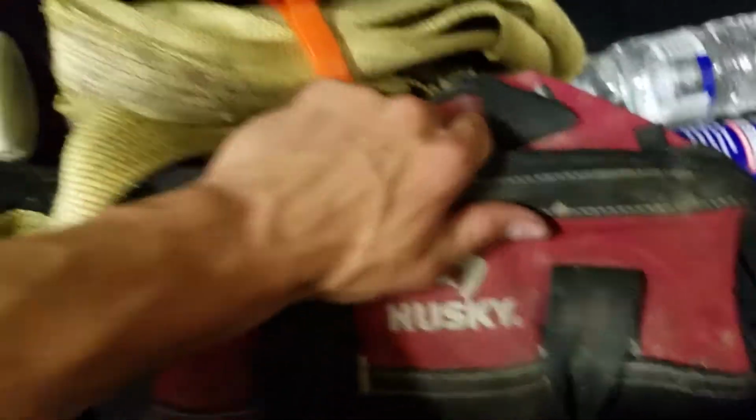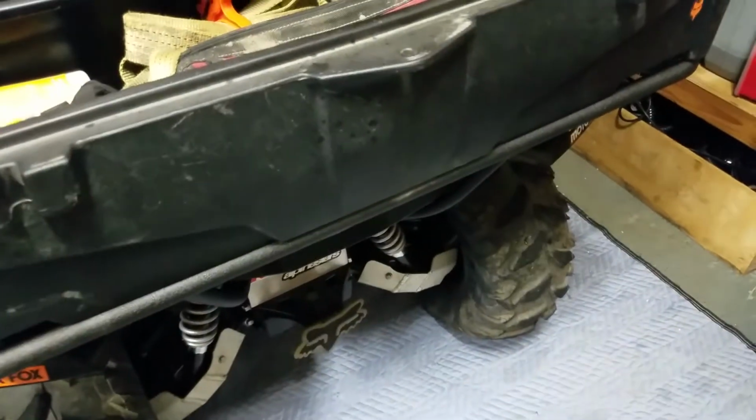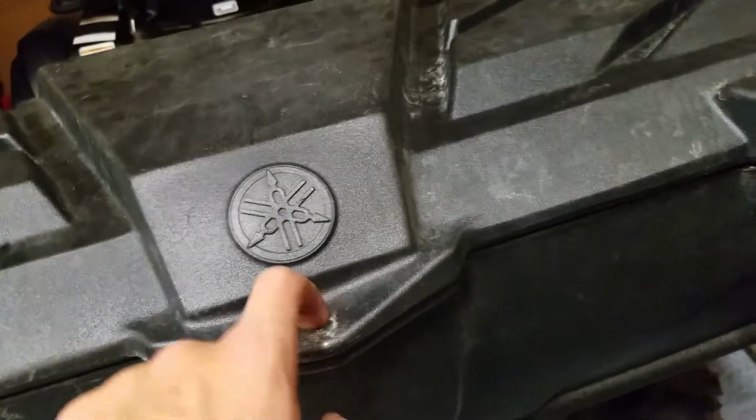But I got my two tool bags here that hold everything from tire repair kits to first aid kits to fire starters. So everything that will keep you alive out in the woods if you break down. And this just closes with two little rubber pull down clamps. Locks in. I've never had a problem with that opening up. And it's got this pre-drilled hole here that you can throw a lock in, which I have when it's